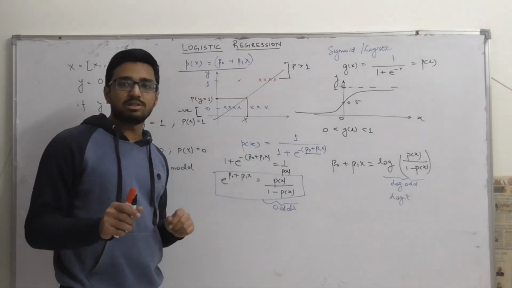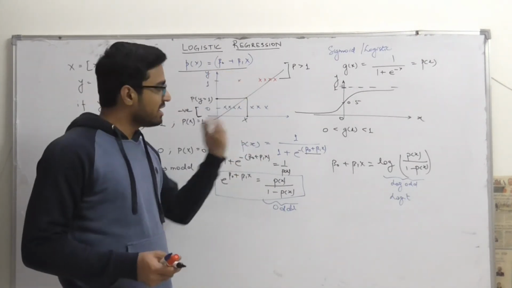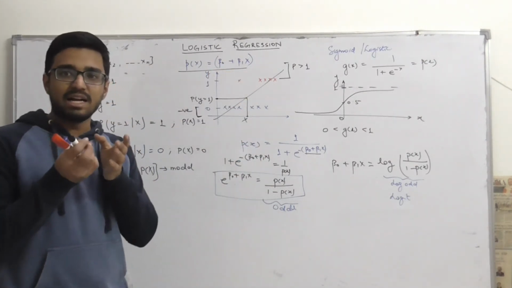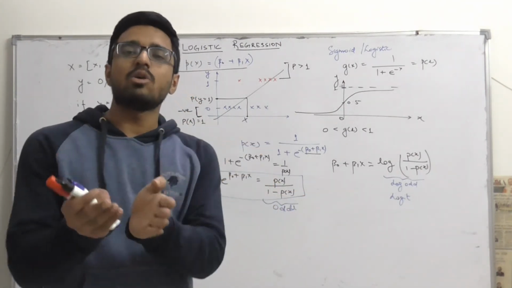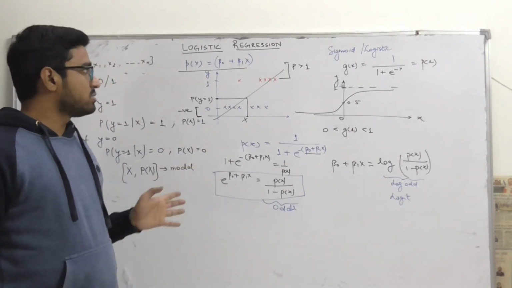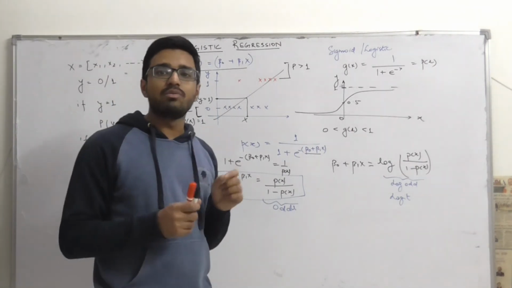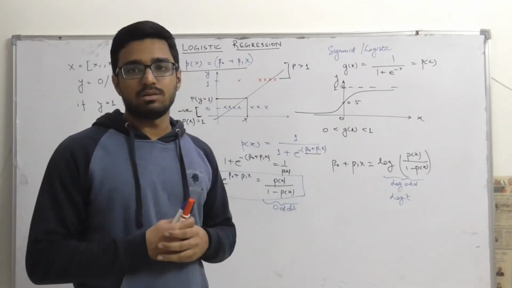The important term to note is that this formula is for log odds. Hence in logistic regression we are not exactly calculating the linear function, but we are calculating the log odds, and we are fitting a linear function between x and the log odds of probabilities. So this was all about logistic regression, and how we can calculate these beta naught and beta 1, we will see in the next video.